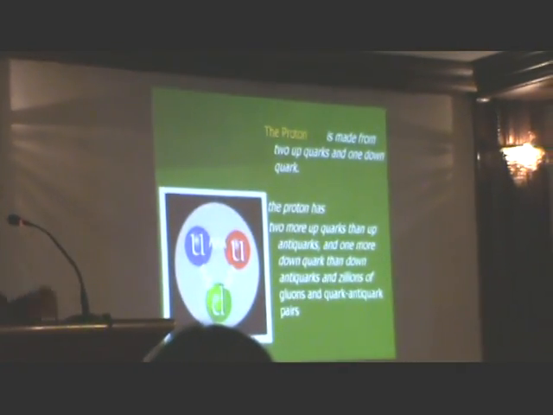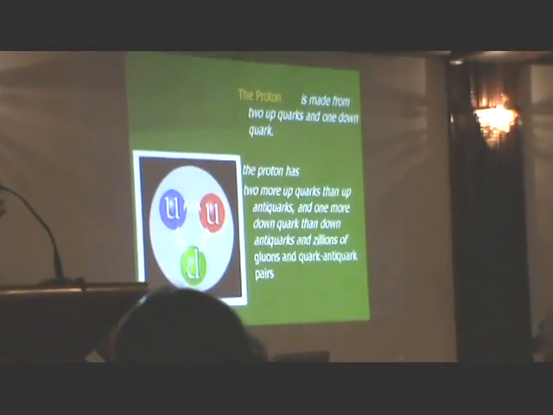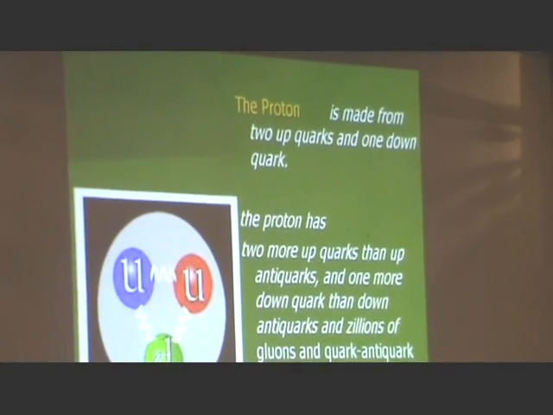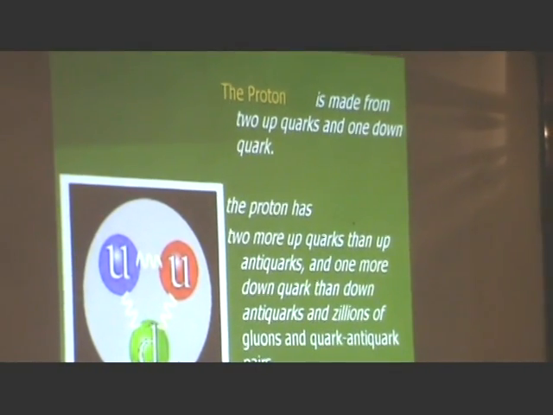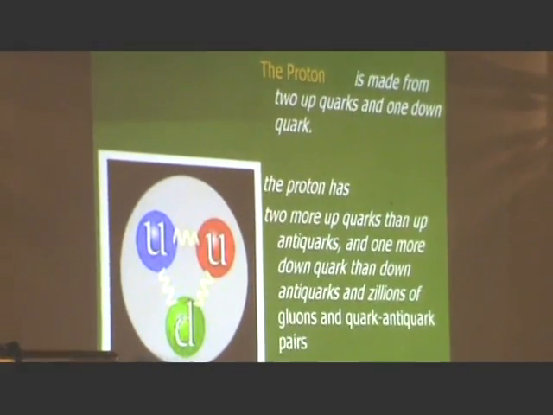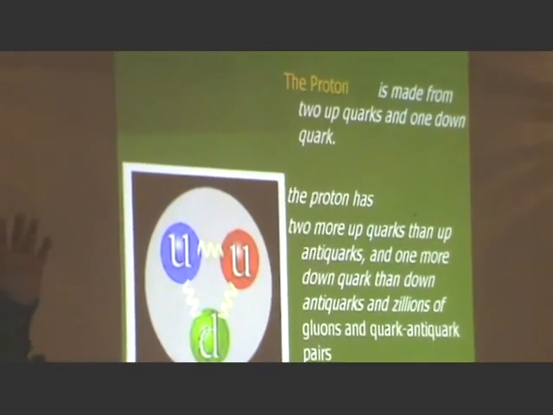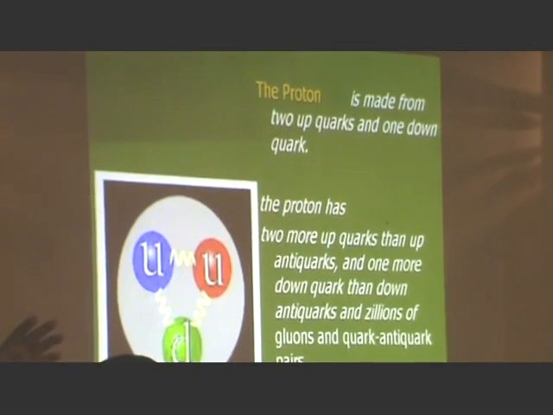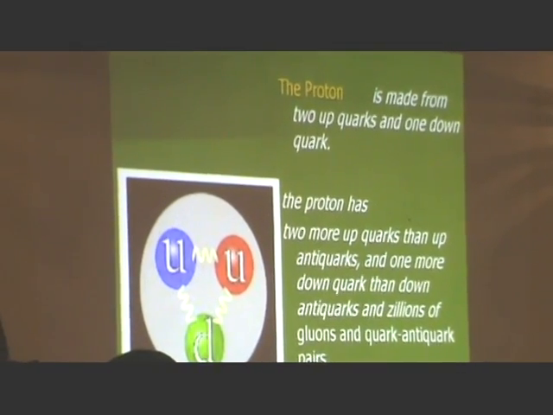So, if you look up the book, they'll say the proton has three types of subparticles in it. There are things that are smaller than the proton. There are two up quarks and antiquarks. There are down quarks and down antiquarks, and gluons. I don't want to explain all these subparticles. Somebody described them as the zoo of subatomic particles. That means so many have been discovered that it's like a zoo of subatomic particles.